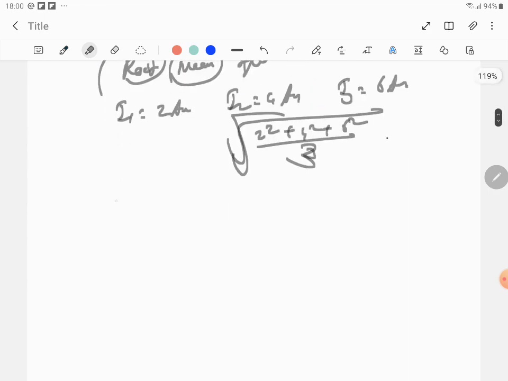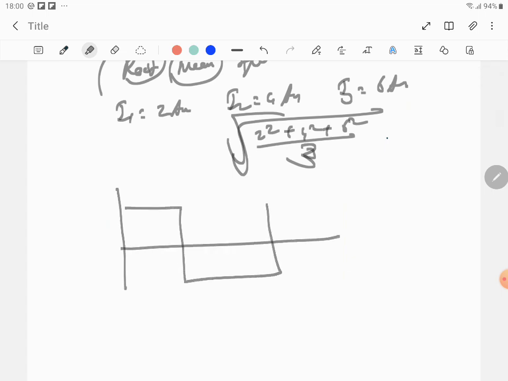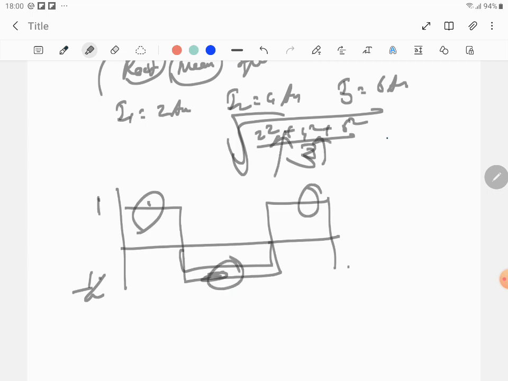In fact, they will give you in a graph. They'll give you a graph like this, something like this. This could be half, minus half, and this could be one or something like that. So you know that you should take the magnitudes of the current, because anyway when you square it, the negatives also will become positive. You will take this is I1, before a 0 to 1 amp, 1 to 2, 1 to 2 second, 2 to 3 seconds.